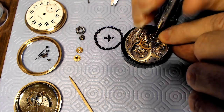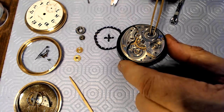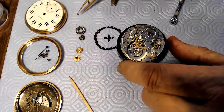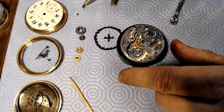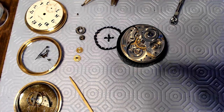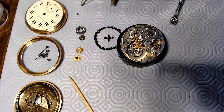This is also pretty tight. I just removed that, and where was this screw from? Can't remember. I got a rogue screw here. It's not from the balance, because that's over here with the balance. This was the screw from the whatever. Anyway,